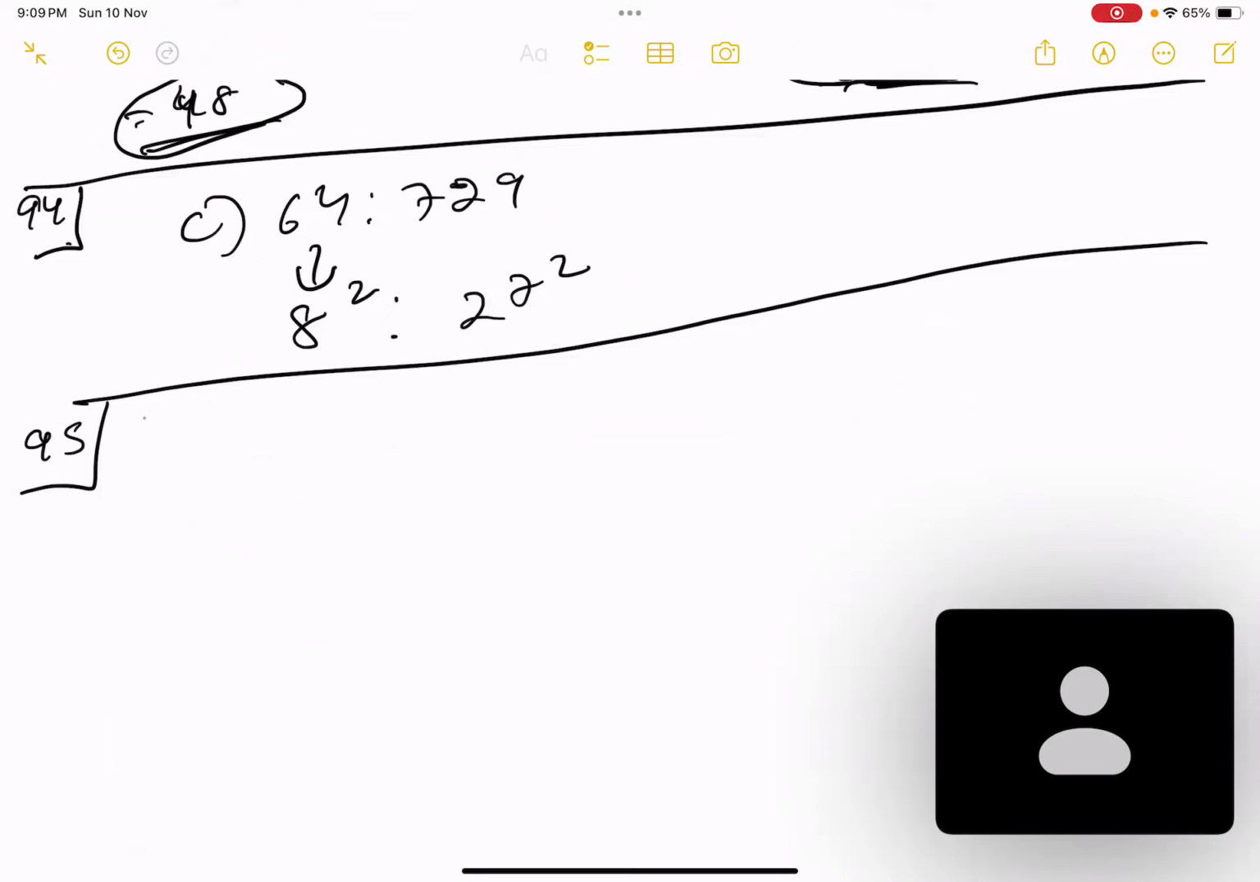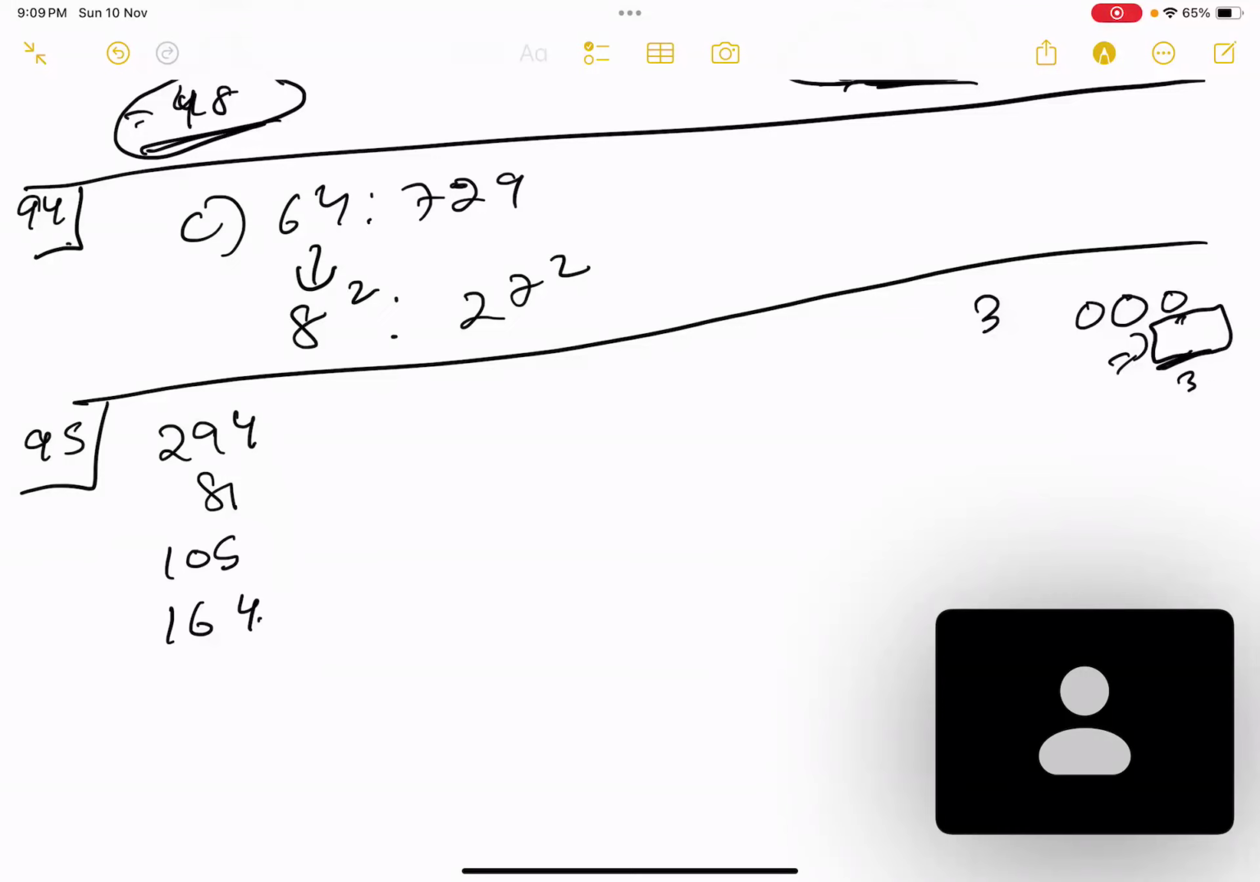Here 4 numbers are given: 294, 81, 105, and 164. Okay. So if we see a number, in order to be divisible by 3, the sum of its digits must be divisible by 3. If the sum of the digits is divisible by 3, then it is actually divisible by 3. Now, if you see here, if we add the digits of these numbers,